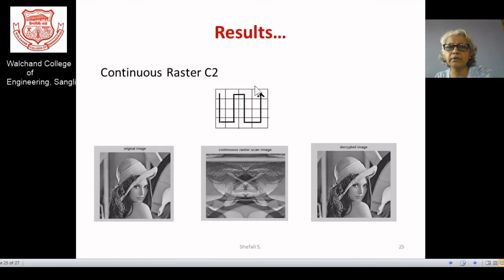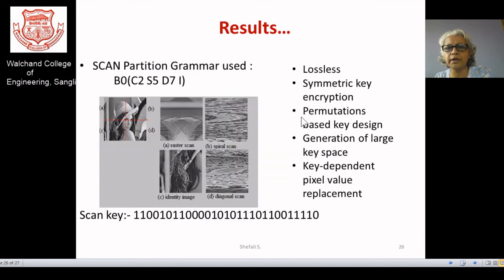There is another application with the raster C2 scan. These are the simple scans I have shown, but you can combine those into a more complicated one. So this can give you some key, and this key you need to remember, or rather this key can be shared from the source to the destination. Even if it is symmetric key encryption, the key you are using here has a very small size. Ultimately you can go for a size of 128 bits or even 160 bits, which is proven as a size for your key for some specific security requirements.